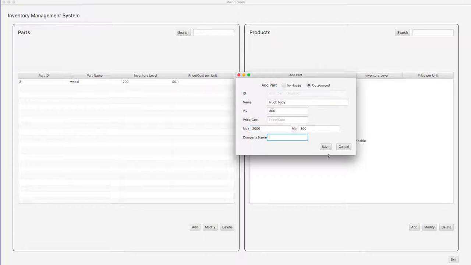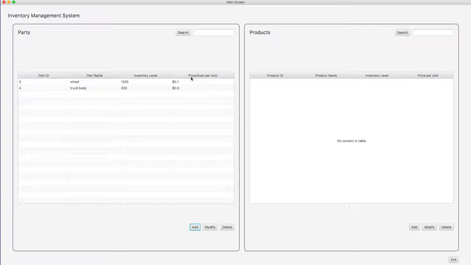And let's say the company is Toy Trucks R Us, Incorporated. So let's save that. Okay, and so now, because this is a built-in table view within JavaFX, it's